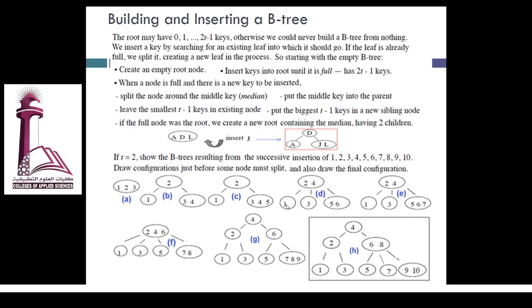So 2 keys and then 3 children. So the rule is also satisfied. So 2 keys, 2 and 4, and then 3 children, 1, 3, 5, 6. Okay. So next we are going to